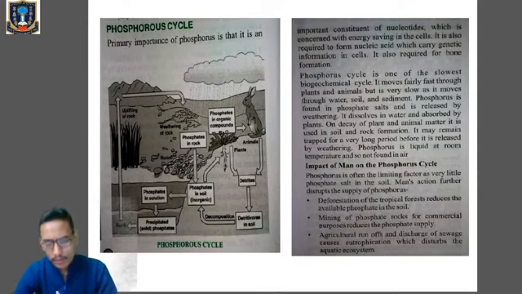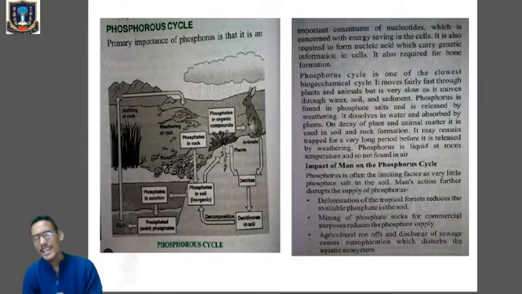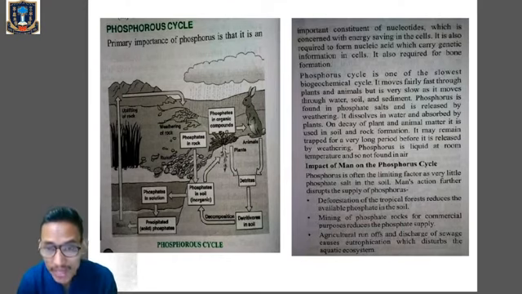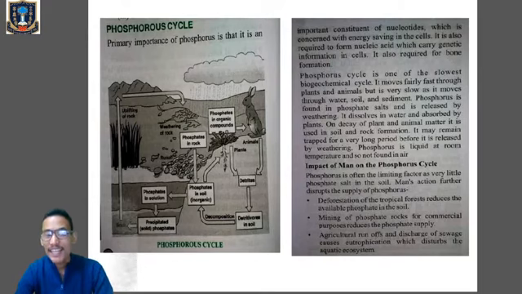Now the most important part of phosphorus is that phosphorus is an essential component of nucleotide. You have heard of DNA, deoxyribonucleotide. So this particular phosphorus is one of the most essential components of nucleotides. It is also required for the nucleic acids to form. Nucleic acids means DNA. So phosphorus is essential for the formation of nucleic acids also, which carry the genetic information